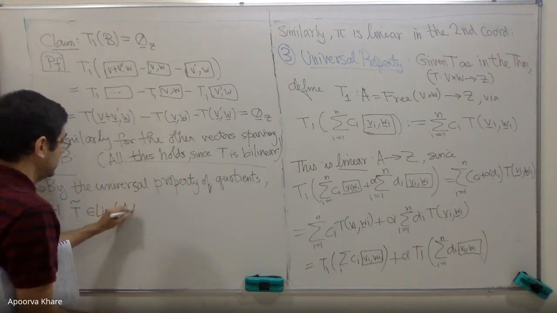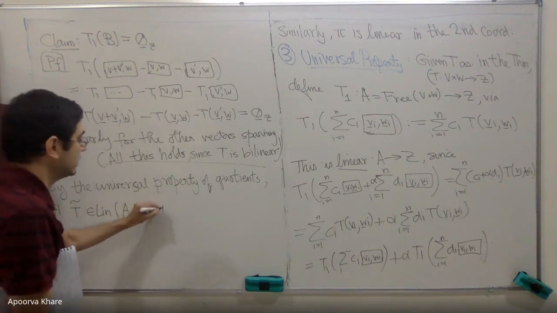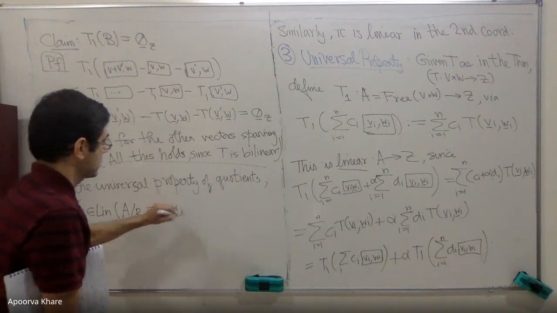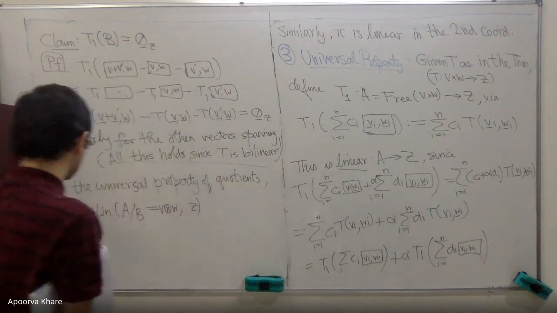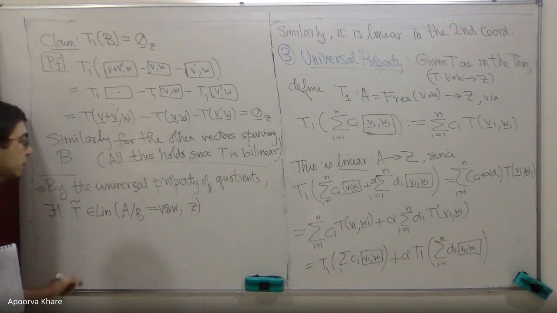Of A over B. But what is A over B? That is precisely V tensor W. To Z, as in the picture that I raised, there exists a unique T tilde, a linear map, such that